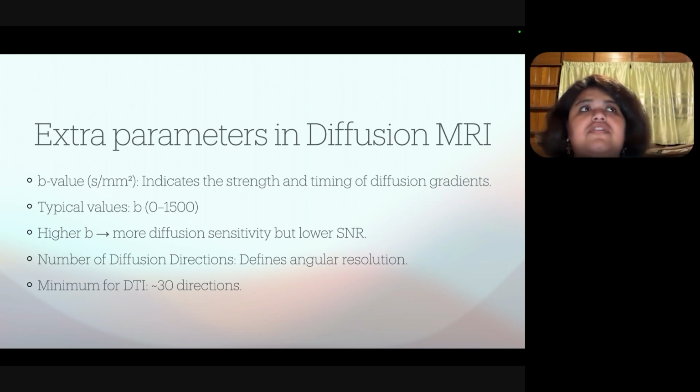I think there's a very common misconception in neuroimaging that if I use more diffusion directions, I will probably collect better data. Your diffusion direction has nothing to do with your statistical power, because you are collecting data from one brain. Your statistical power should come from capturing more information from the brain, not more information from the direction of the water molecules. That is a very common mistake that I have seen, and it's better to keep the diffusion directions between 30 to 60 so that your signal to noise ratio does not drop.